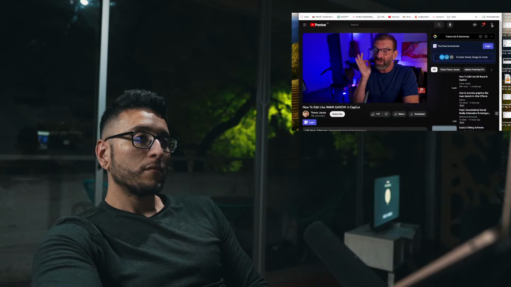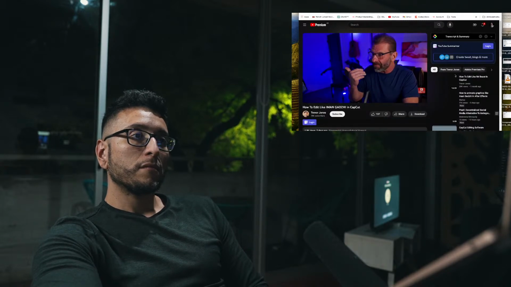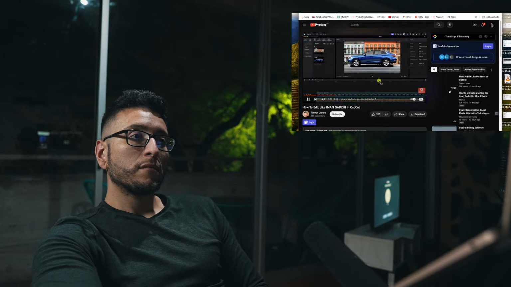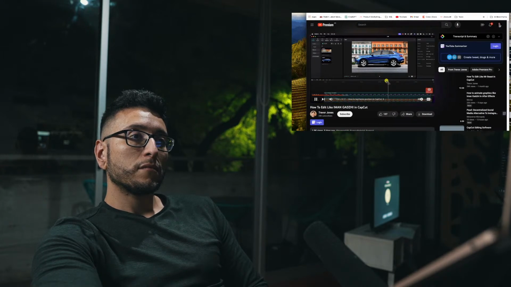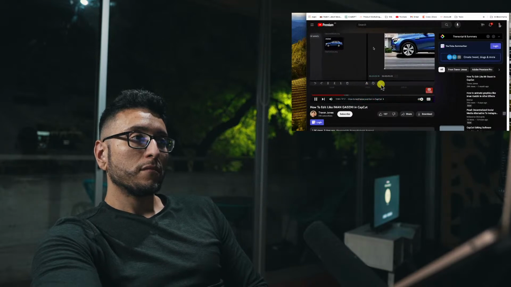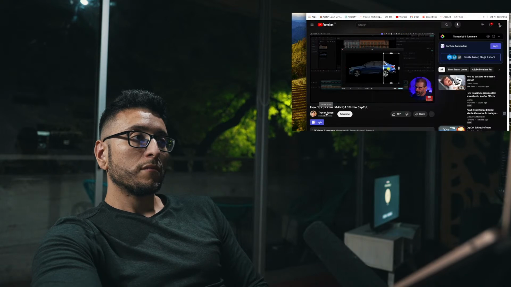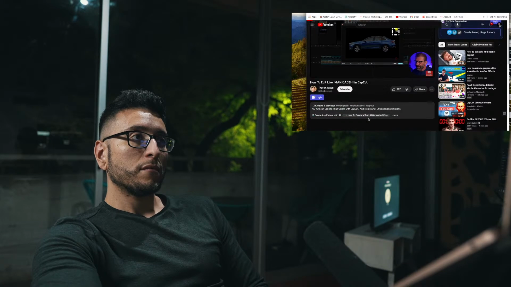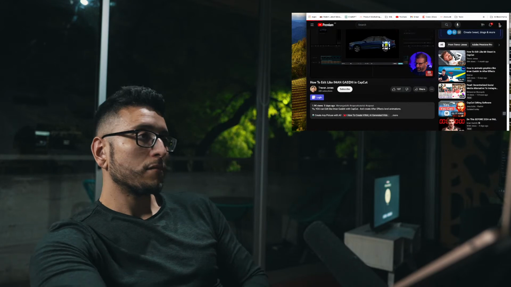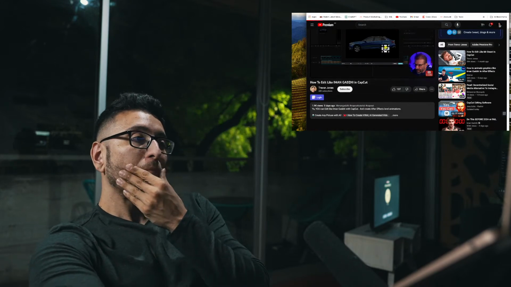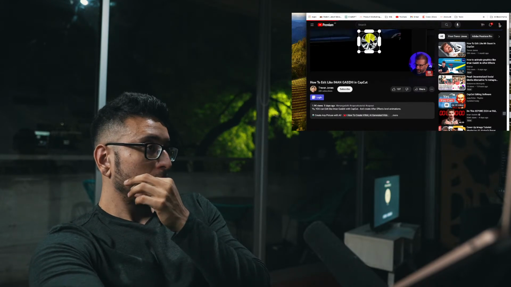What if we could have the wheels turning, but it's a static image? How do you do that? This is pretty cool, actually. What we're going to do is just cut out one of the wheels. And to do that, we're going to click on this image of the car, click on this crop icon here, and we're going to shrink it way down as small as it gets and position it over one of the wheels. And you want it dead center, and you'll see